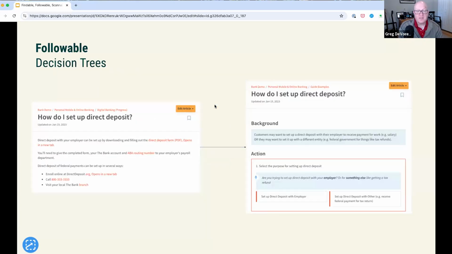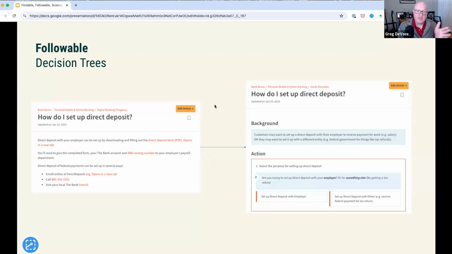The next thing is decision trees are really important, because a lot of times we'll see documentation where it says, if you're in this situation, jump down to step 25. If not, then go down to step 32. And then you get down to step 35 and it says, well, if it's this situation, you should go back to step 15. It's like this crazy choose your own adventure book, if you remember those, where you're flying all over the place. That's impossible for someone to follow.